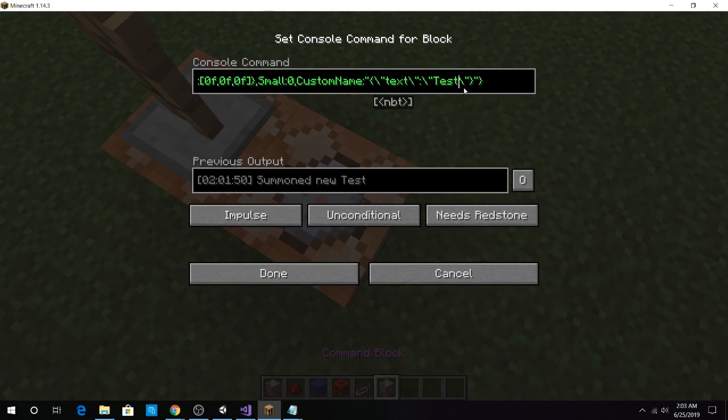However, I guess what I'll do is I'll see if I can somehow manage to properly summon a